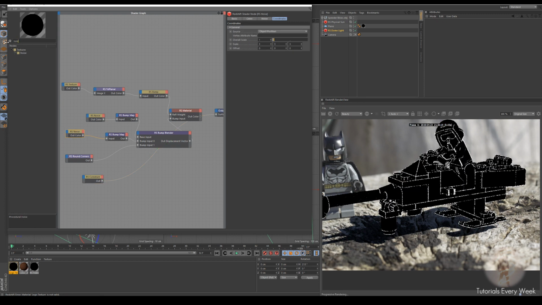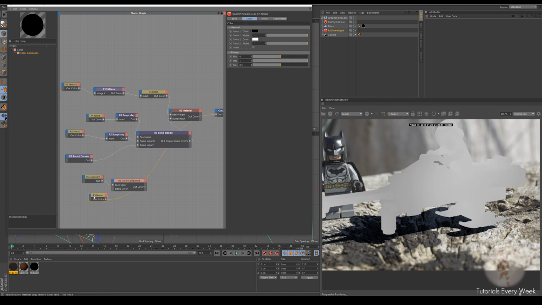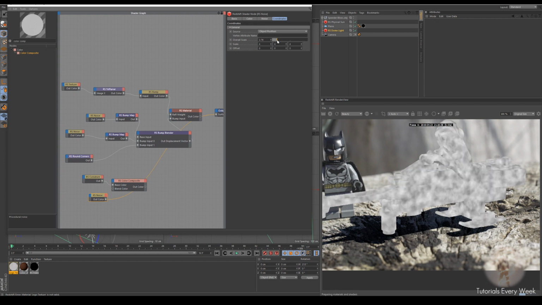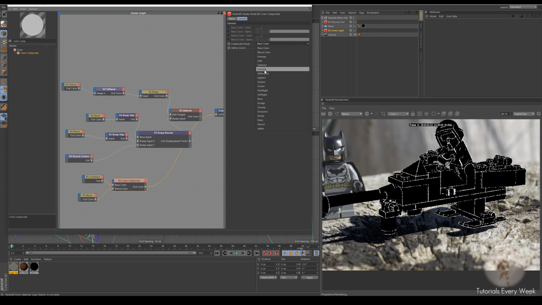is I like bringing another noise in, and then also like a color composite. Put the curvature into the base. I'm going to put the noise in here so you can kind of see it. It's like I'm trying to make a matte with the noise for the curvature. So like with these white spots it will have it, but if it's black it won't. So now if I put this in the blend and then put this in the out, it looks exactly the same. But if you change it from base to multiply, I believe,